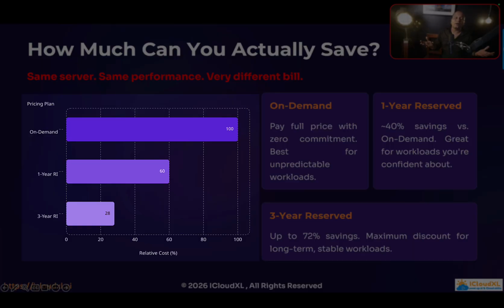Compare this: on-demand versus 1 year versus 3 years commitment. When you go for on-demand, you pay 100% of the bill for that EC2 instance, but you have a lot of flexibility to terminate that EC2 instance anytime. But when you go for a 1 year commitment, you pay 60%, so you have 40% savings. But when you go for a 3 year reserved instance commitment, then you pay 28%, so 72% savings compared to